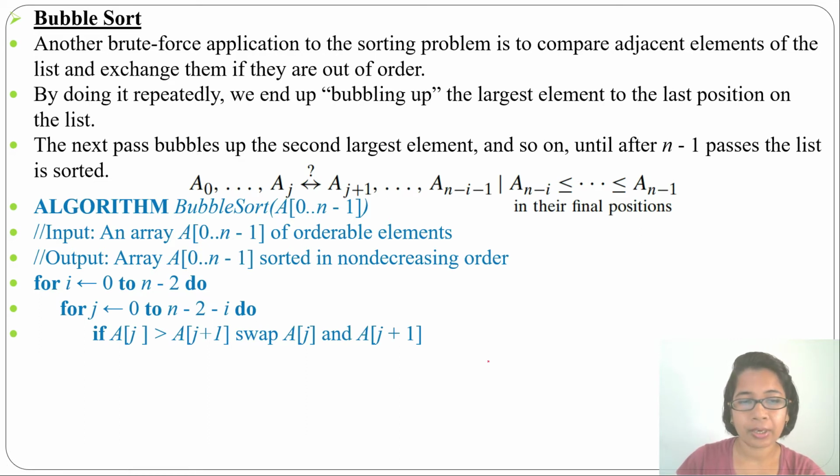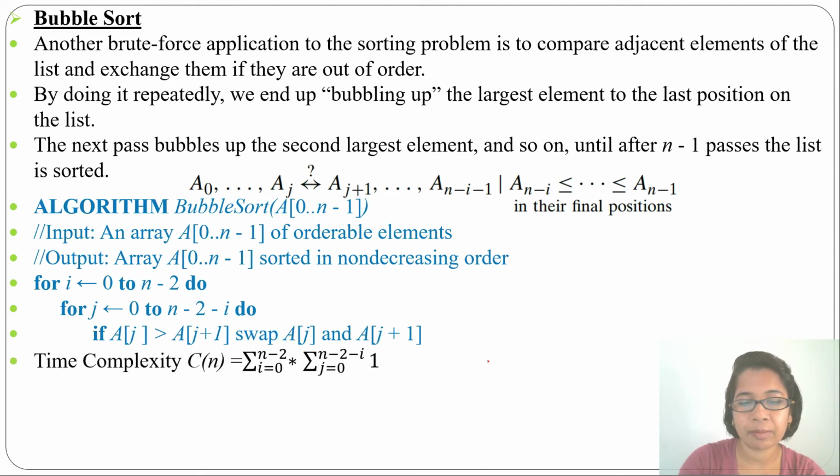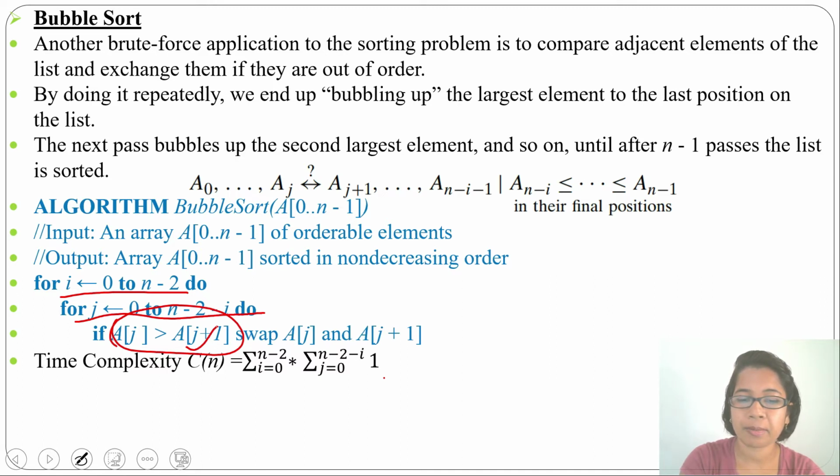Now I will discuss the running time. There are two for loops. The first for loop will take one summation, with the range from i equals 0 to n minus 2. For this, there is a summation j equals 0 to n minus 2 minus i for the inner for loop, and 1 for this comparison. At every step we are doing a comparison. Here the basic operation is this. If this comparison fails, meaning a of j is less than a of j plus 1, then we will not swap. But at every step we are checking if a of j is greater than a of j plus 1. So this is our basic step, and there is just one basic step, that's why we are writing 1.